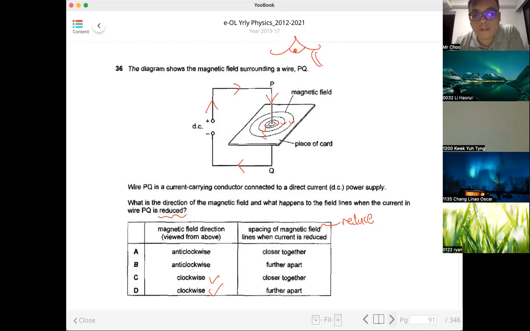Okay, so when you reduce the magnetic field strength, the magnetic field lines have to be further apart, so that it shows that the magnetic field is actually weaker. Can you look at the example here? The example here, can you see? This part